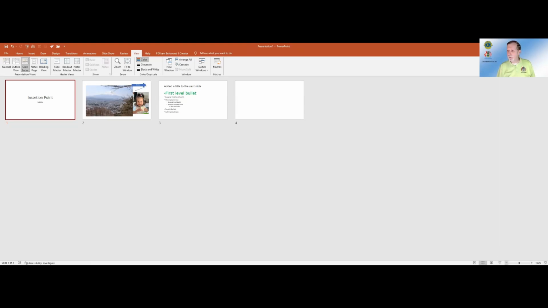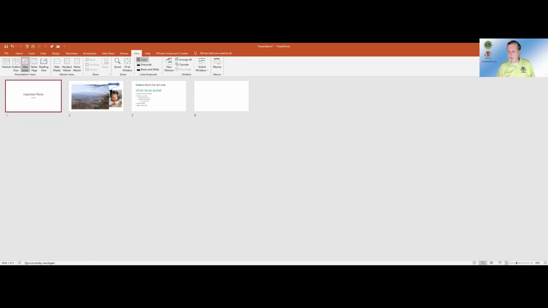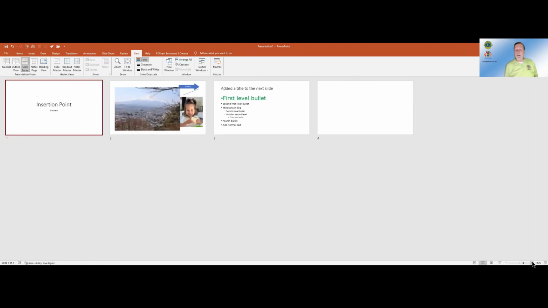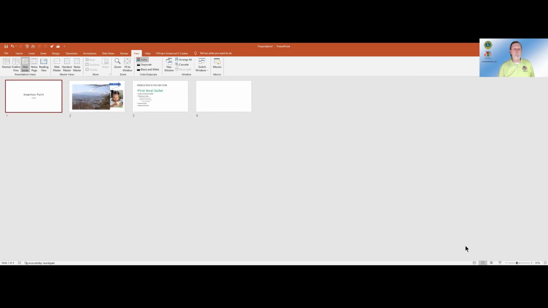Now I can zoom out with a minus. I can zoom in with a plus. But that's not the only way for me to zoom. The tool that I'm about to show you is likewise applicable in Word and Excel and Access and a whole bunch of other different applications. Yes, we've got that zoom tool down there, and we can grab that gauge indicator and click and drag as we like. But let me show you another way of accomplishing the same thing.